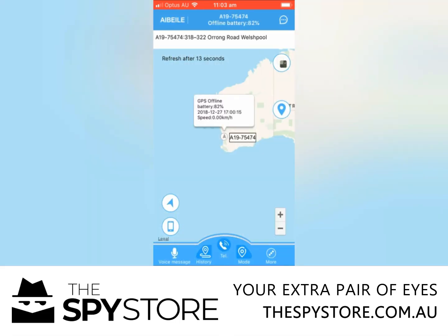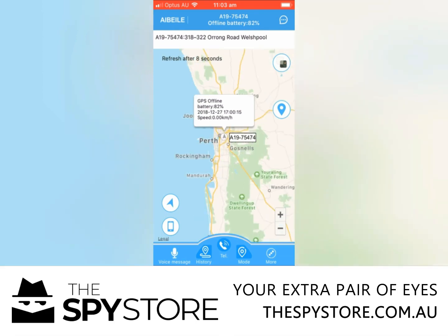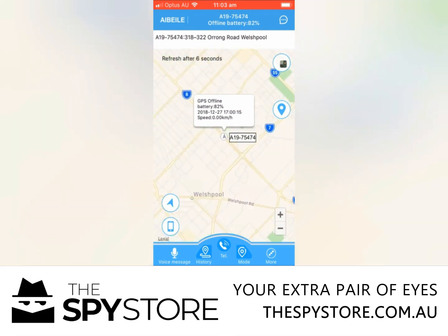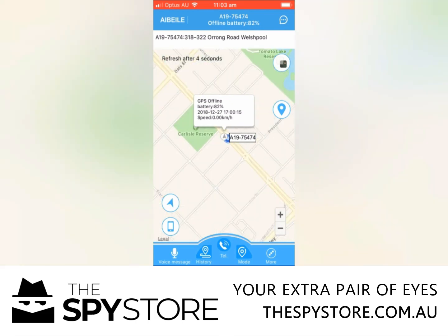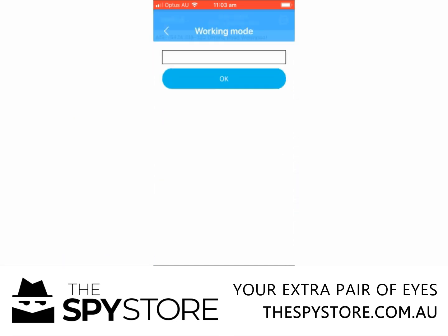Now this watch at the moment is currently offline because I've had it off for a few days, but you can zoom in to see where it was at, which is at a distribution warehouse here in Perth. There we are. Down at the bottom of the screen you've got voice message, history, so you can see where it's been, call, obviously with the telephone symbol, the tracker mode,